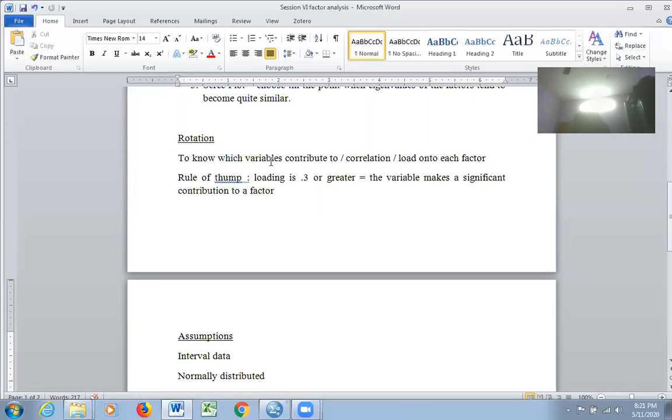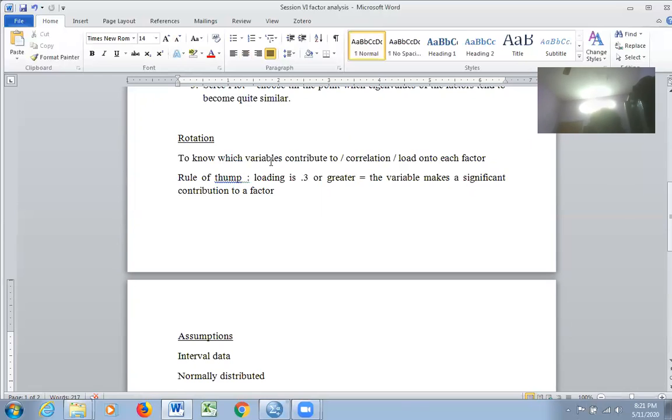You need to find out what are the variables that have the correlation that load onto each factor. So which variable is loading on which factor? Which variable is contributing to the variance of, or which variable is correlated to which factor? You want to find out. What is the rule of thumb? It's very simple.